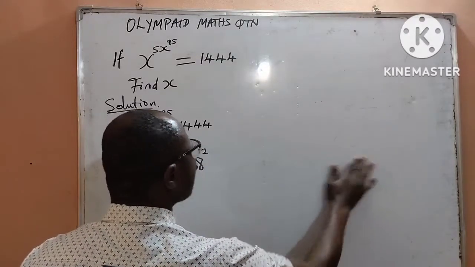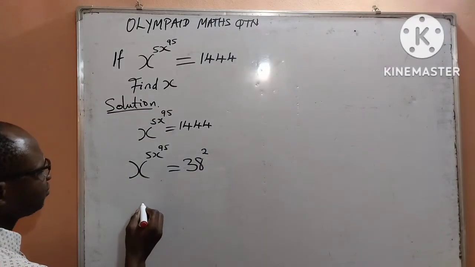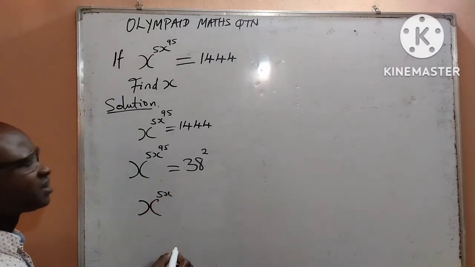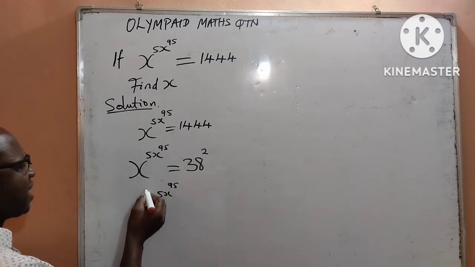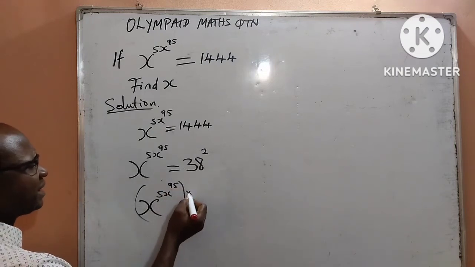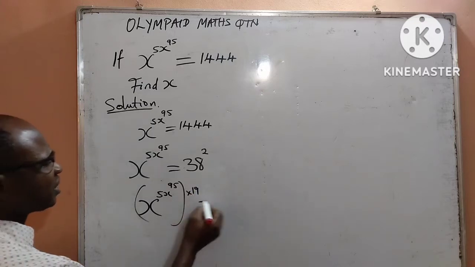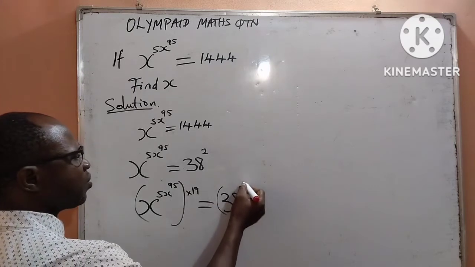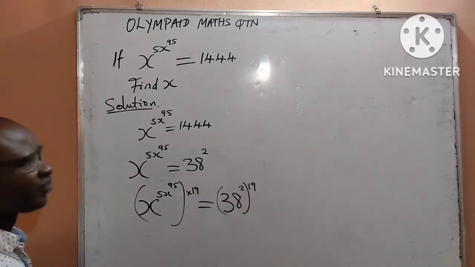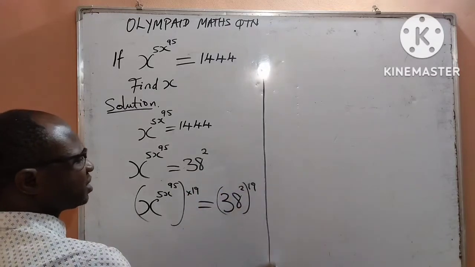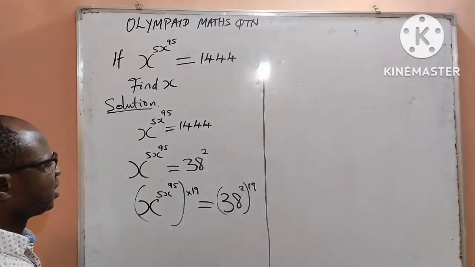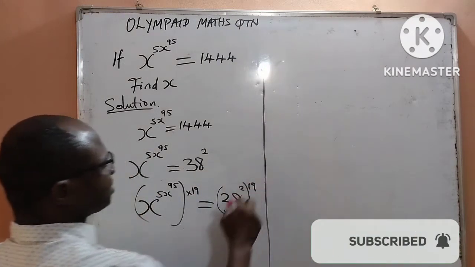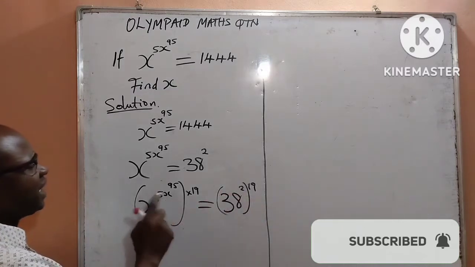Therefore, doing that, I have x to the power of 5x now to the power of 95. I will multiply the power by 19. And to the right hand side, 38 to the power of 2, I will also multiply it with 19. You see, this solves a lot of things for us. It means that I shall now be having from the right hand side 2 multiply 19, and from the left hand side